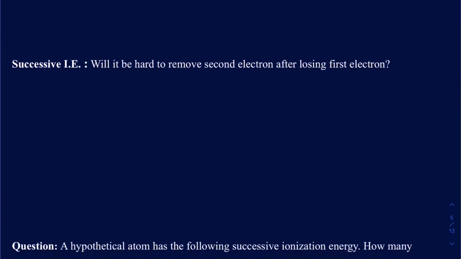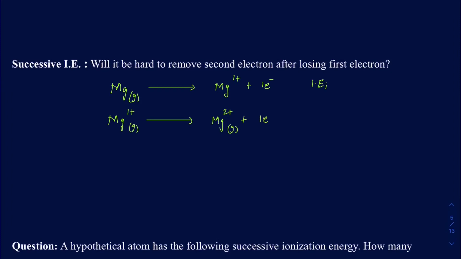So what that really means: if I lose one electron going from magnesium gas to make Mg1+ plus 1 electron, that's going to be called IE1, ionization energy 1. Then to lose the second electron from gaseous Mg1+, it makes gaseous Mg2+ plus 1 electron. This particular one is going to be called IE2. So that's what the successive ionization energy is, which means after losing the first electron, what happens to the next